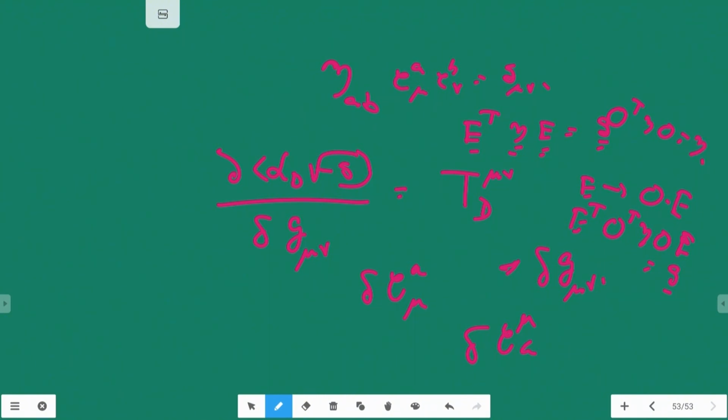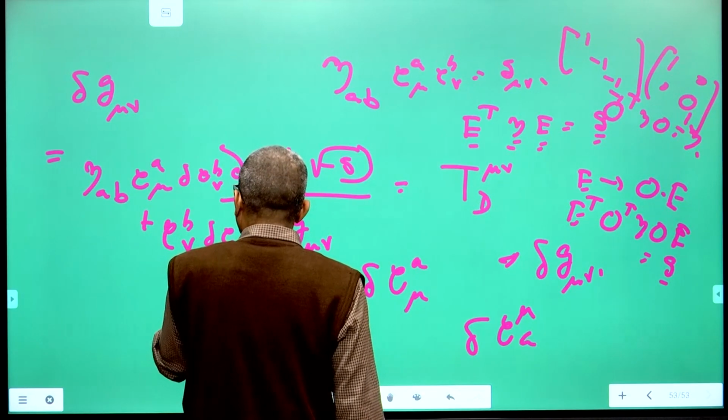You can choose several orthogonal matrices which satisfy this, because eta is of the form 1, minus 1, minus 1, minus 1. You can put, for example, 1 0 0 in an orthogonal matrix here and get through in the spatial indices. So it is not uniquely defined. However, you can define a specific choice of the tetrad coordinate system, and if you take the variation on both sides, you get delta G mu nu is equal to eta A B into E A mu delta E B nu plus E B nu delta E A mu.